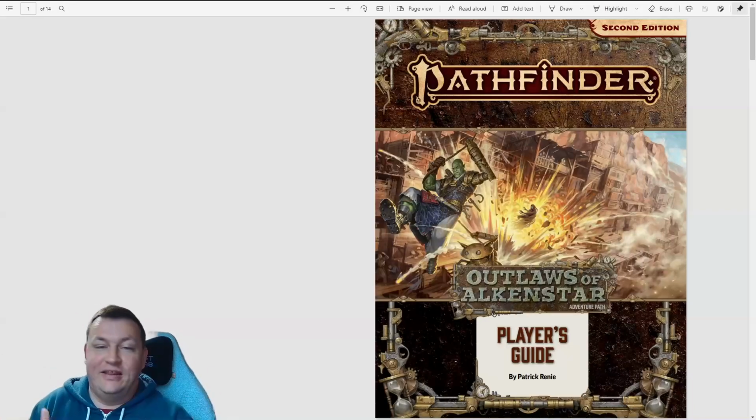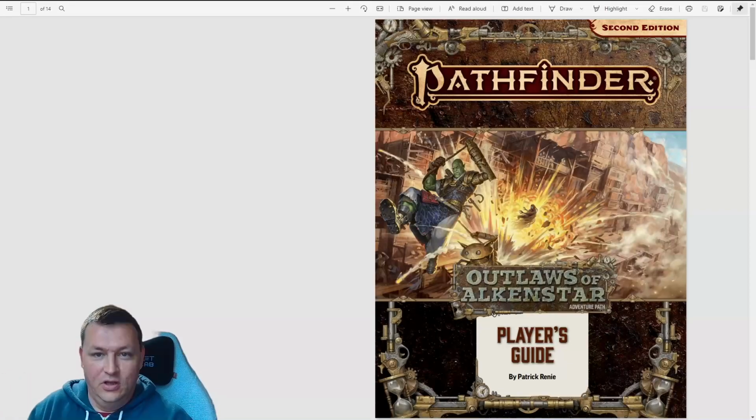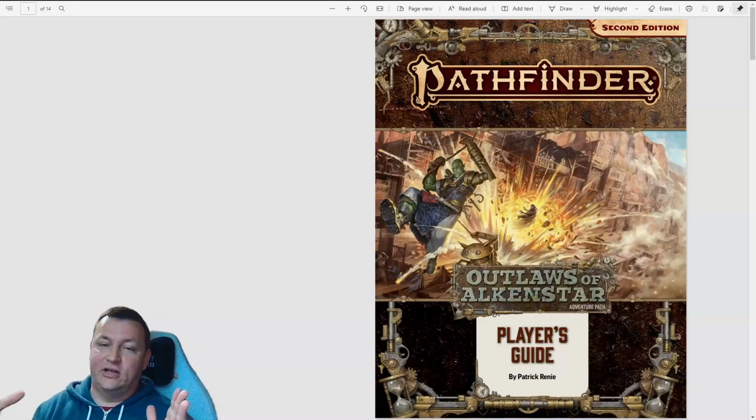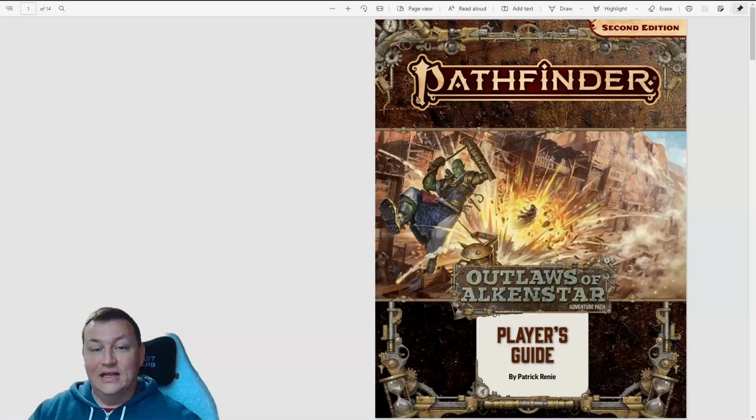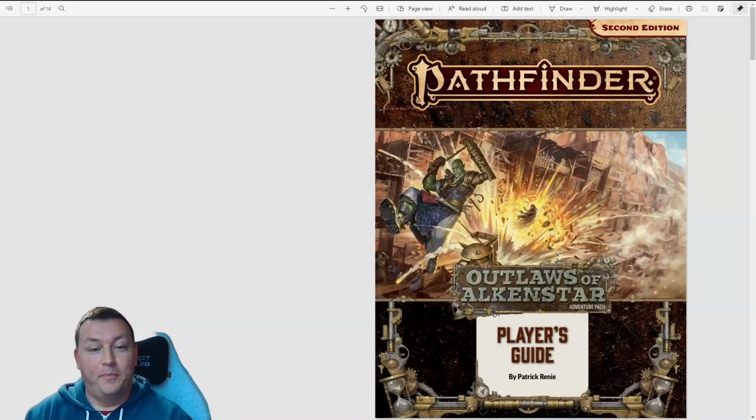So if you've been living under a rock, or maybe you're new to Pathfinder and you're just checking this out with all the hype around Pathfinder recently, let's talk about Outlaws of Alkenstar. Outlaws of Alkenstar is an adventure path. In this case, it's a 3-volume adventure path, which means that it's going to come out with 3 separate adventures that are closely tied together. And collectively, those 3 are known as Outlaws of Alkenstar. But the first adventure that comes out next month, that I can't wait to play, is called Punks in a Powder